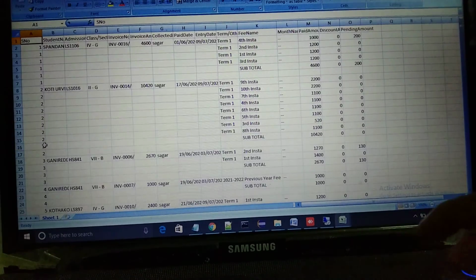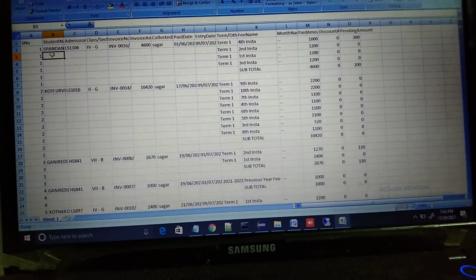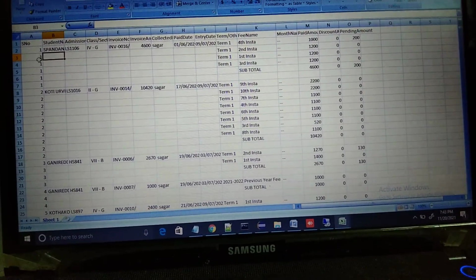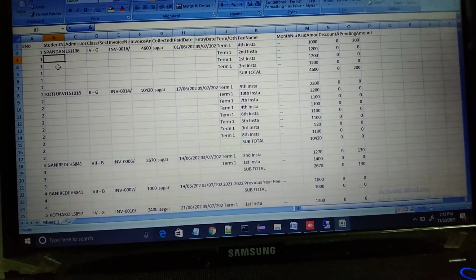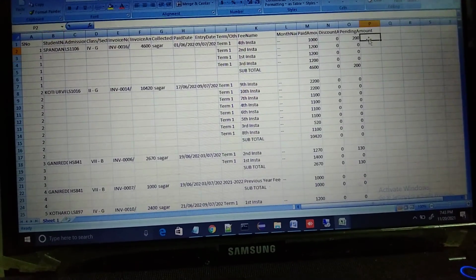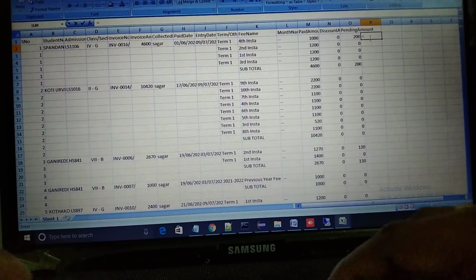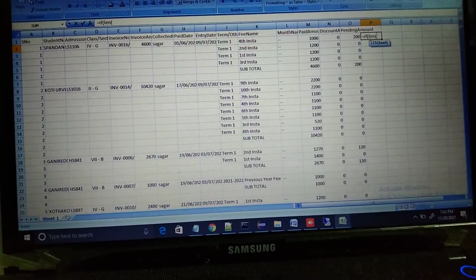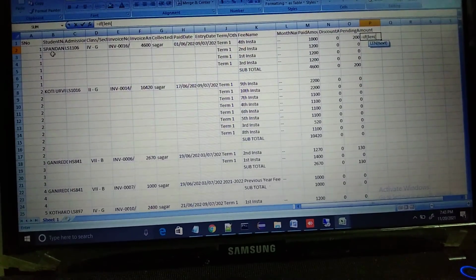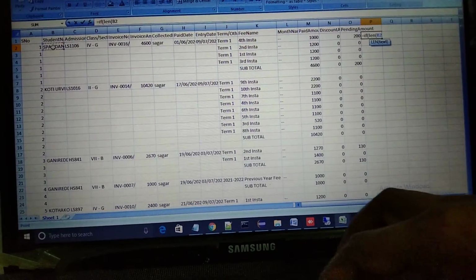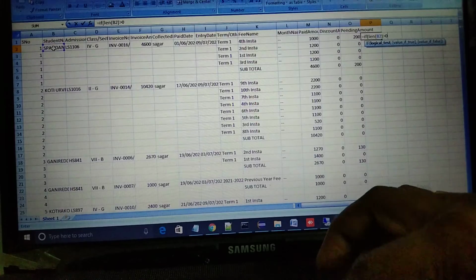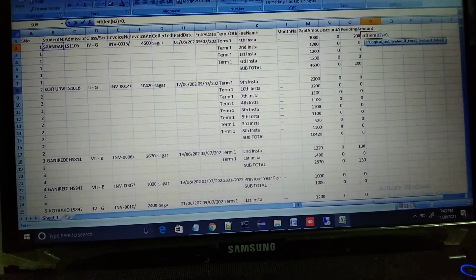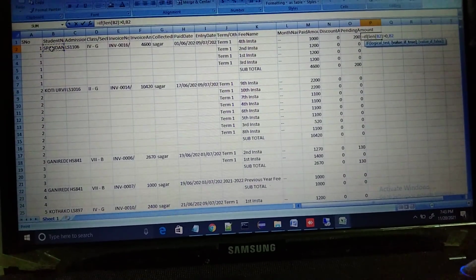In the same way, you need the details of the student name also. For this also the cell is not empty. To make the cell empty, you need to put the same formula. If the length of B2 is greater than 0, then select B2 only.